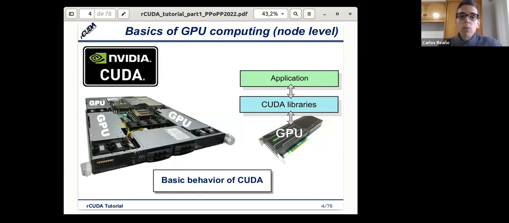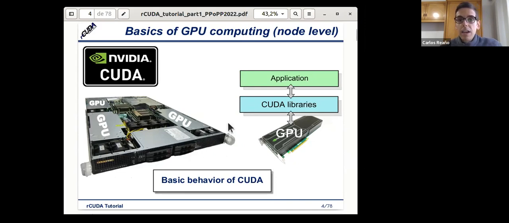When we want to accelerate an application using a GPU, what we usually have is one of these nodes. In this case, in the slide, we can see a node which has different GPUs.